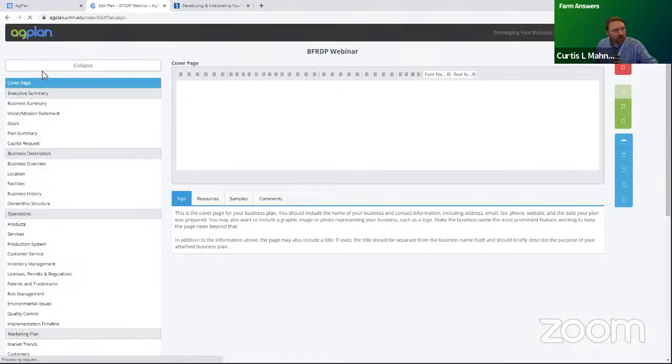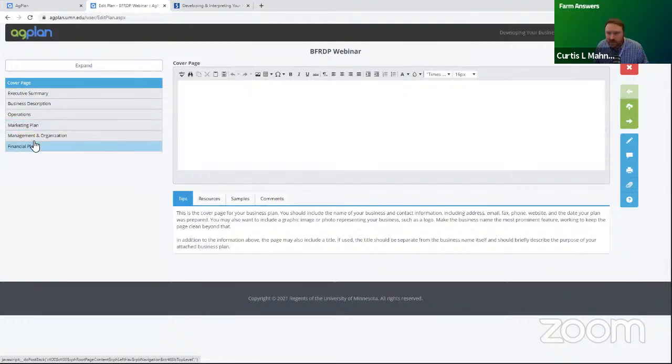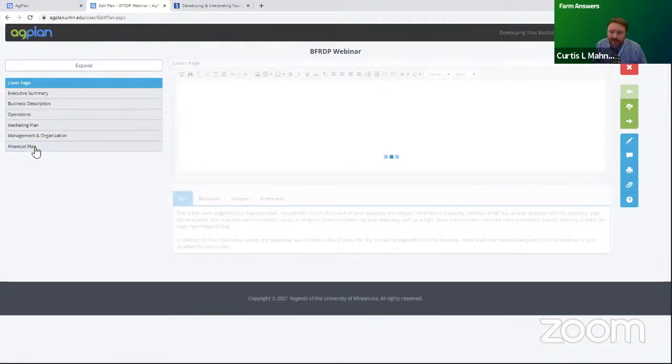And now over on the left-hand side, we have this whole outline. I'm going to click Collapse real quick because we have set up each plan template to have these headings. We've got a cover page, executive summary, business description, operations, marketing plan, management and organization, and then the financial plan. And underneath each of these, if I just click on the financial plan, underneath each of these are